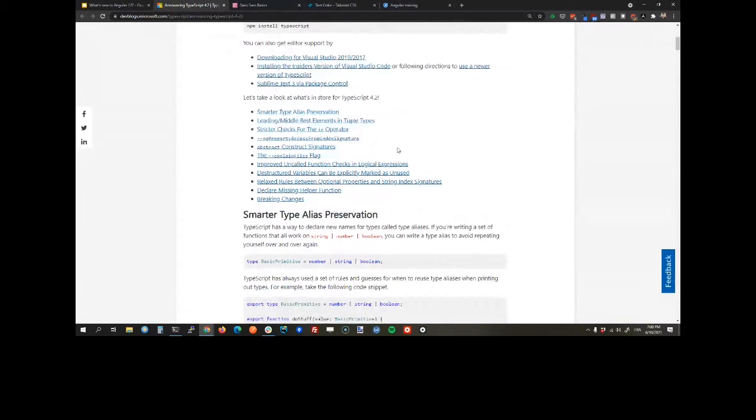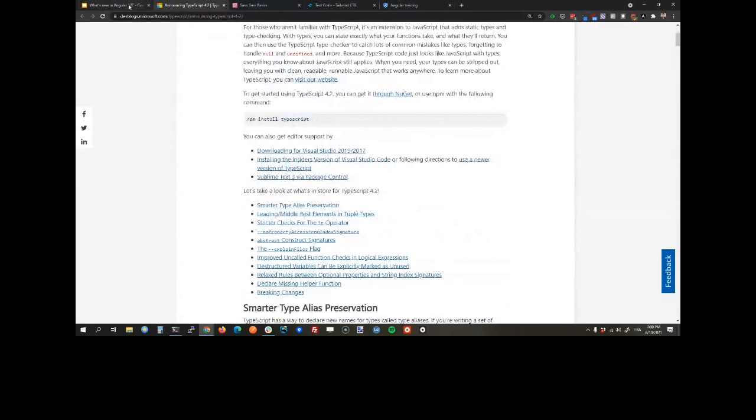Didn't see anything too revolutionary in that one, but still lots of updates are listed. Lots of different new things have been added. And